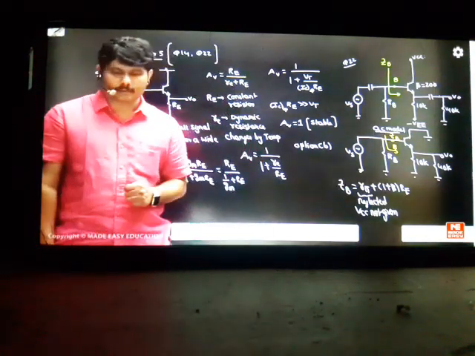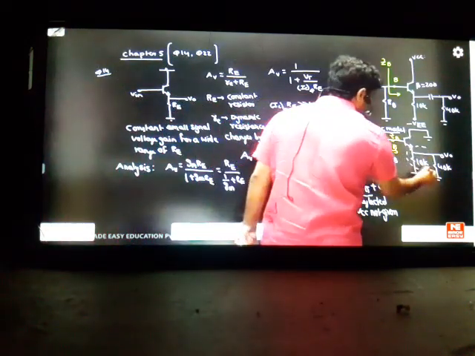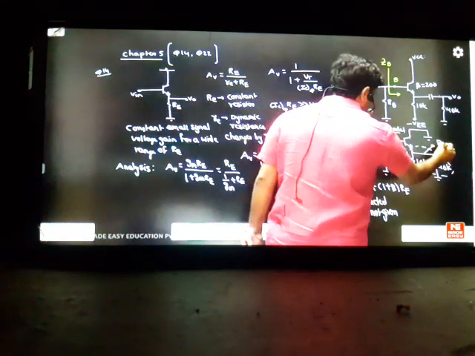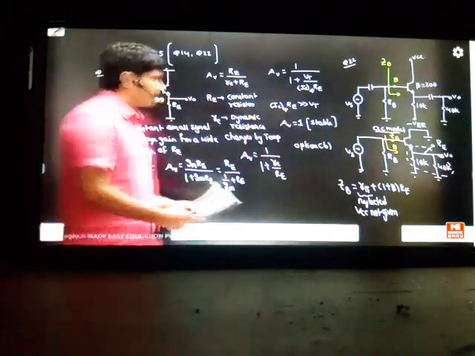So leave R pi. Okay? If they don't give anything, leave it. Then the answer is simply this total combination, whatever you see, which will become your RE. Previously RE meant only 10K. Now one more load is connected in parallel, so the total net effect will become RE. So the answer will be